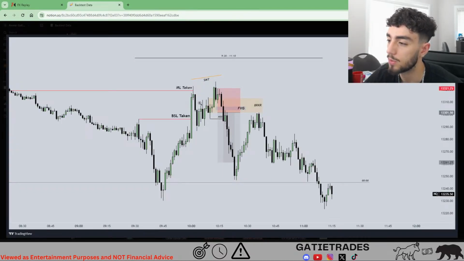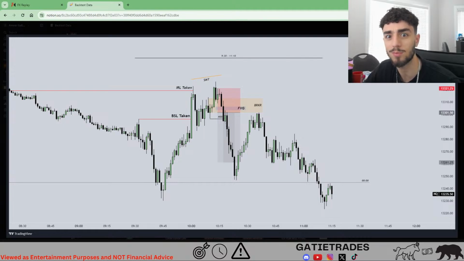This is an A+ trade for me. Buy side was taken. We tapped into internal range liquidity. SMT. This is my trading window, kill zone. High, low, high, low, high, high. Look at this. Yo, look at this. Kumar, what are we talking? Remember those two little candles I told you? Does this not look, bro?